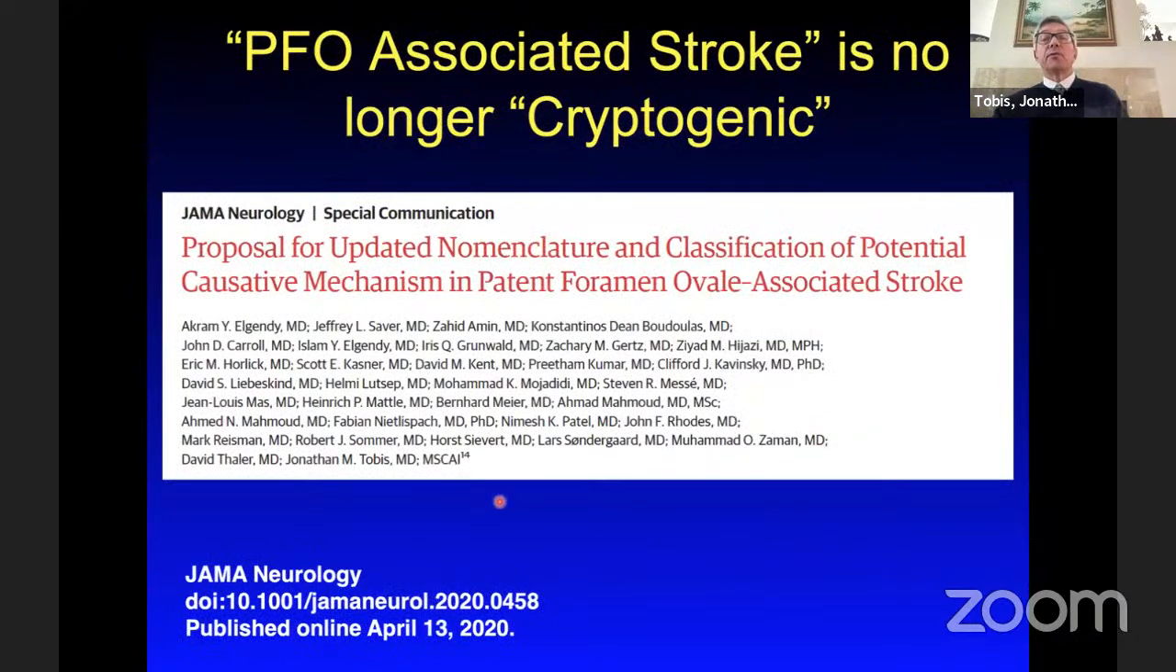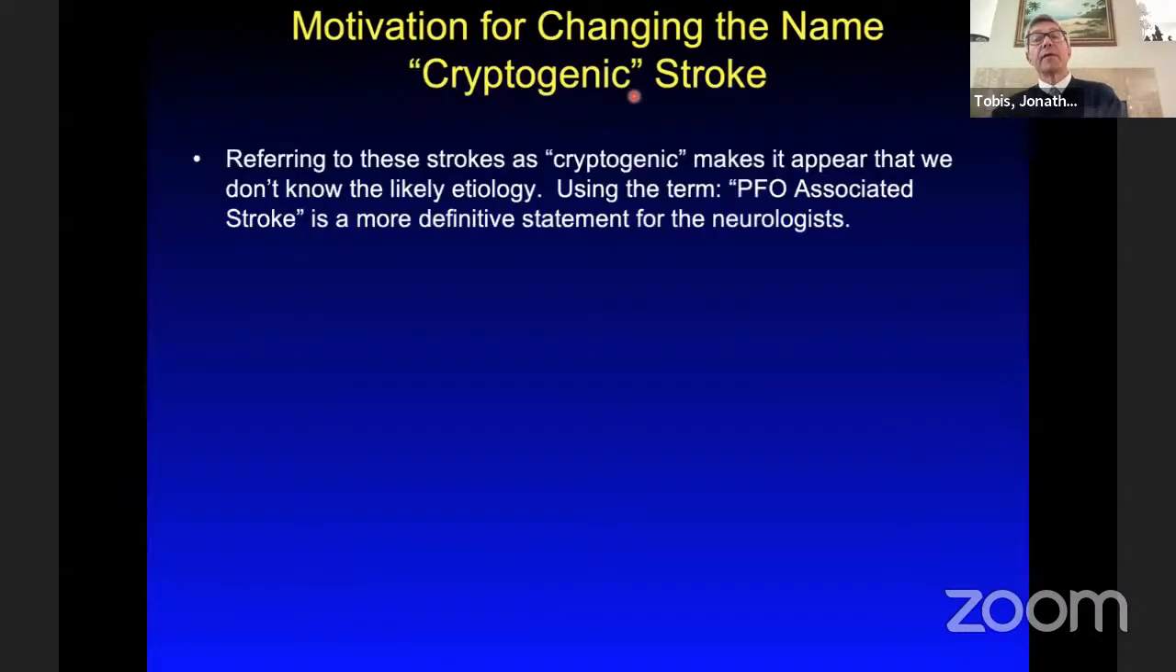Then I had nothing better to do during COVID, so I got a group together of friends around the world who were interested in PFO, and we tried to change the nomenclature. Instead of calling this cryptogenic stroke, which implies that you don't really know what the cause is, we're now saying that, well, if you exclude everything else and you have a PFO and you have a stroke, these really should be called PFO-associated stroke. And the reason for that is that cryptogenic makes it appear that you don't know what the likely etiology is, whereas the term